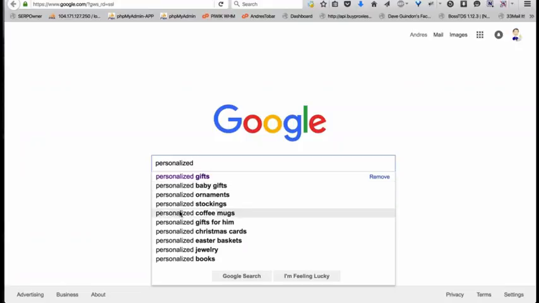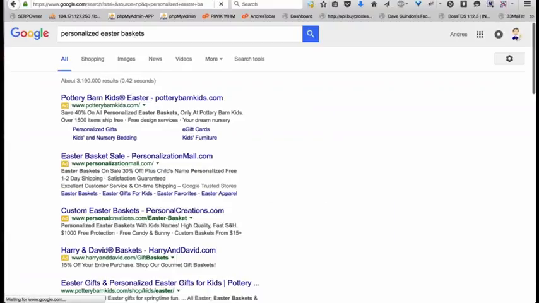And so what I would do is take each of these, especially if, obviously, it needs to make sense. It needs to be something that you sell in your store. For example, we've got Easter coming up, so personalized Easter baskets. We can go ahead and get started going off of this idea, and that's what we would build this whole website around. Then for the next site, we would take the next sub niche of personalized gifts and just keep on going down the list and build these different sites out.